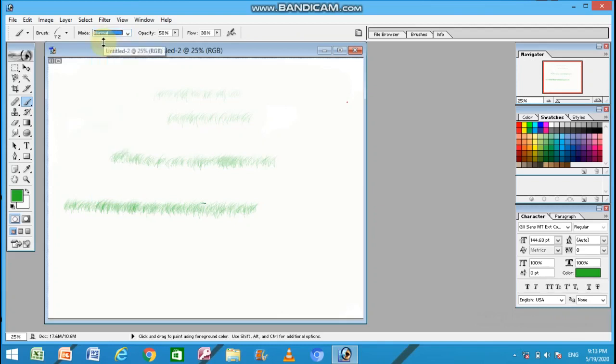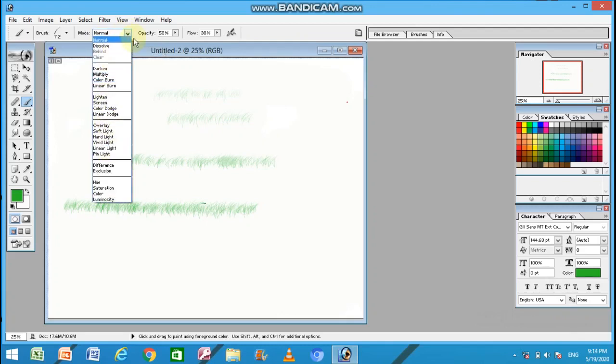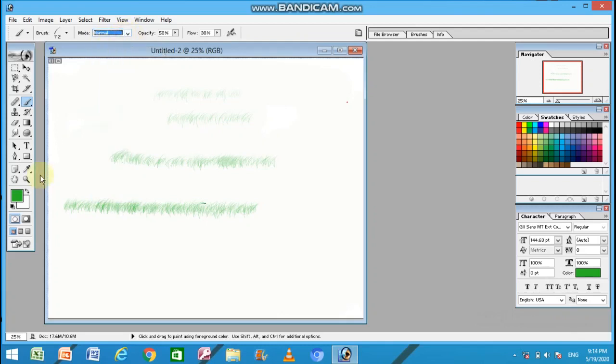By default it is normal. If you want to change, you can set any of the options from here, the color, the brush size, and then see what effect is happening. So in this way, students, you can use the brush tool and pencil tool in Photoshop 7 or in Photoshop CC.